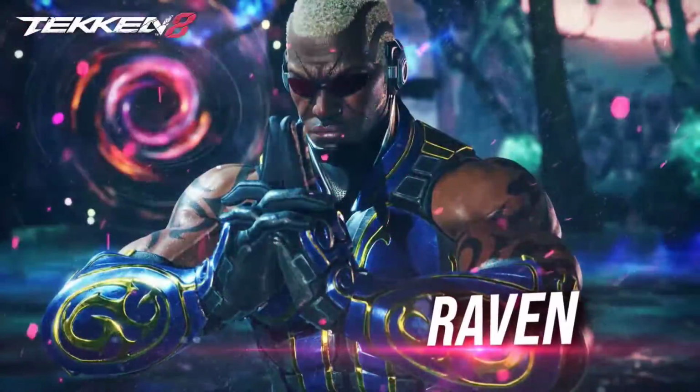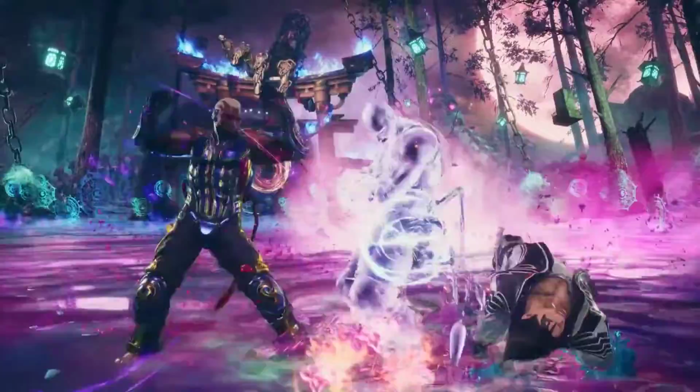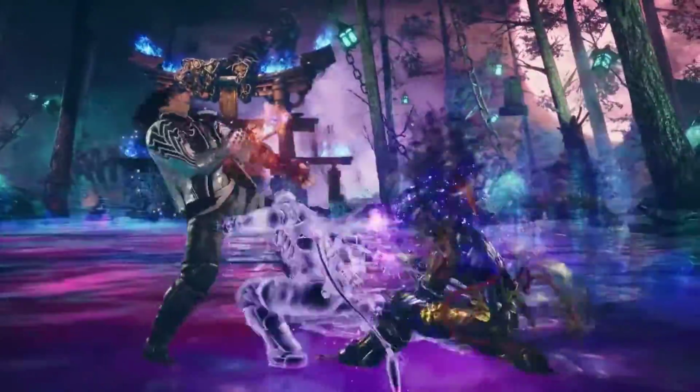Raven is a character that heavily relies on mix-ups to open up the opponent. He may not have the best frame data or punishment, however, he has some of the most scary mix-ups and